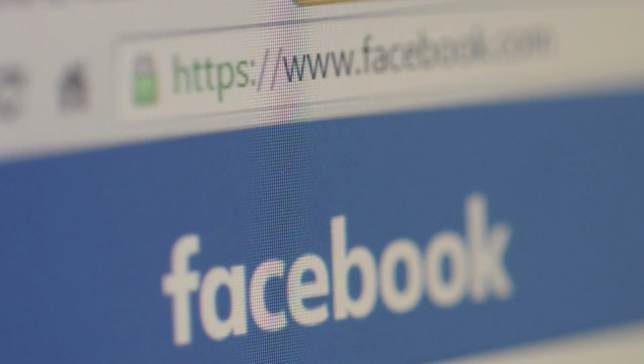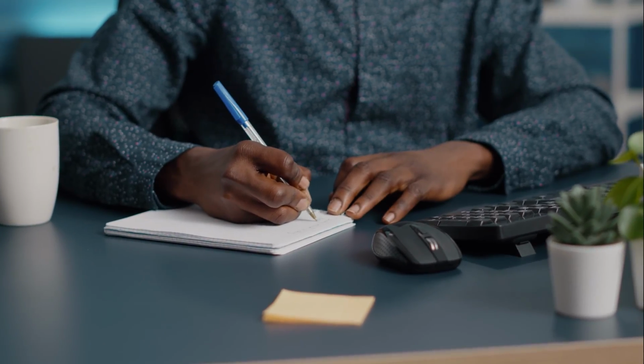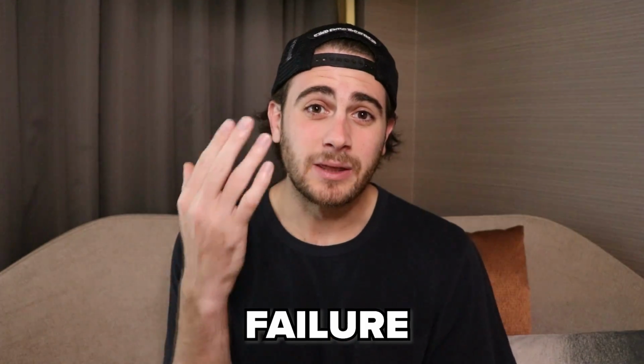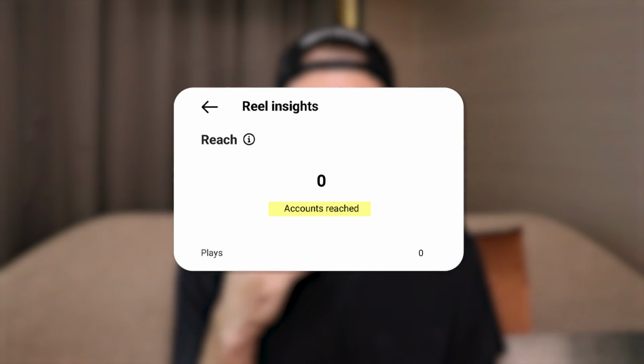And this is something that you need to make sure that you're implementing into your content, because if you're not doing the audience research at first and coming up with 10 to 12 different topics, well, then you're kind of setting yourself up for failure. And the reason is because you have no idea whether or not your post is going to do well or your post is going to flop. And I'm going to share with you exactly how you can know that before you even end up creating a video.